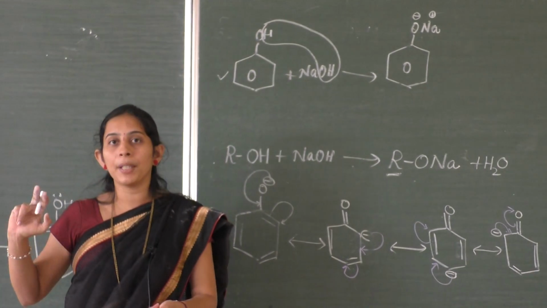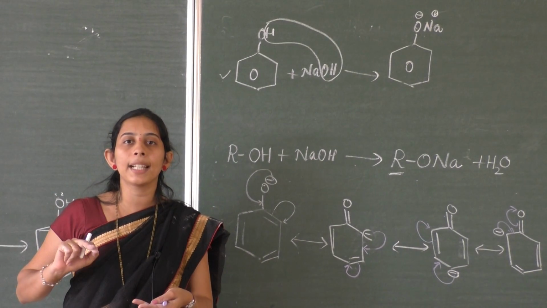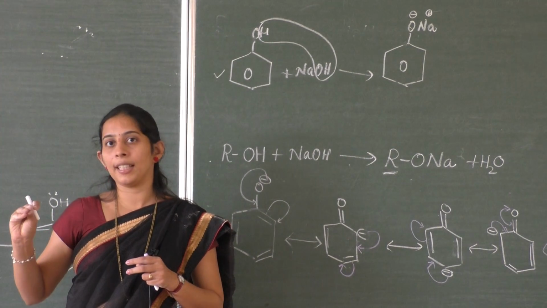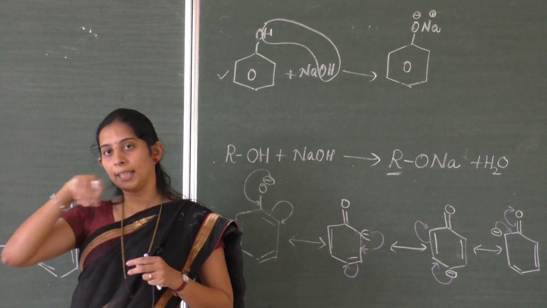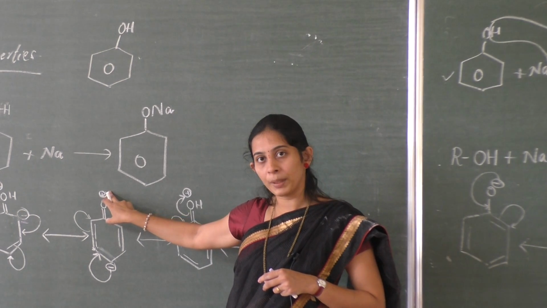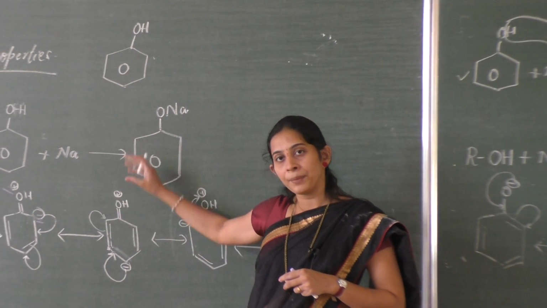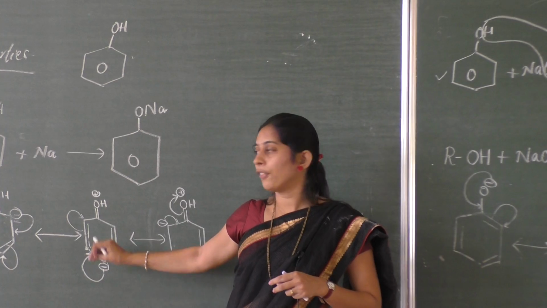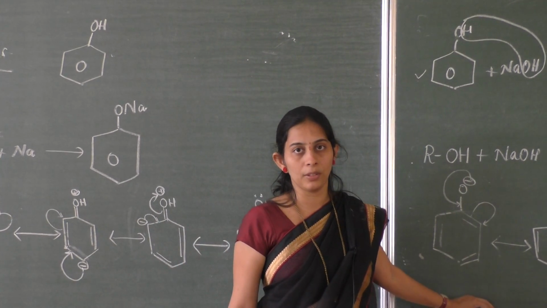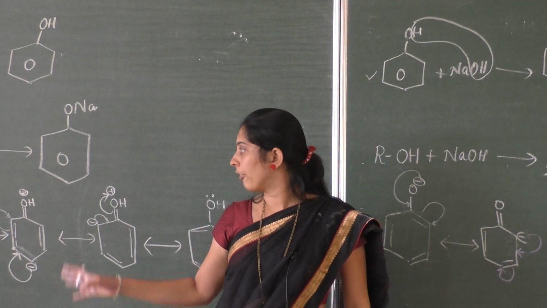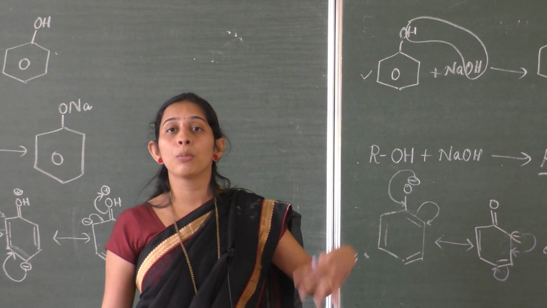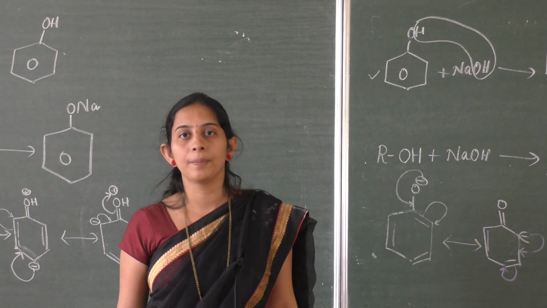There is a charge separation, both the positive as well as a negative charge is present. So therefore, electron density will decrease. So we say that polar nature decreases because of the electron withdrawing group being present. Therefore polarity decreases, and so the acidic nature will be less compared to the phenoxide ion. Therefore if you compare phenol and phenoxide ion, the phenoxide ion is more acidic compared to the phenol.